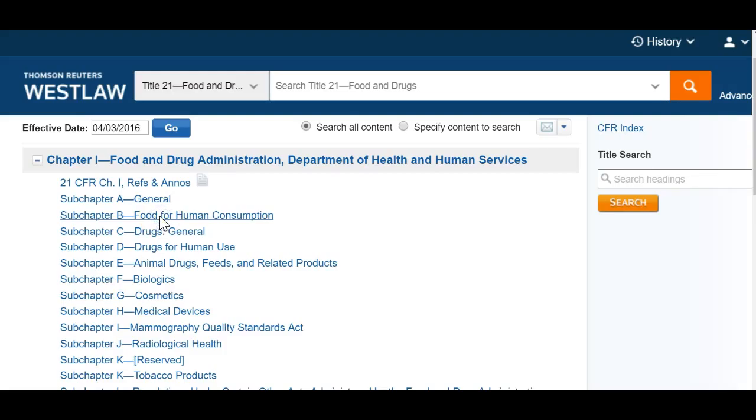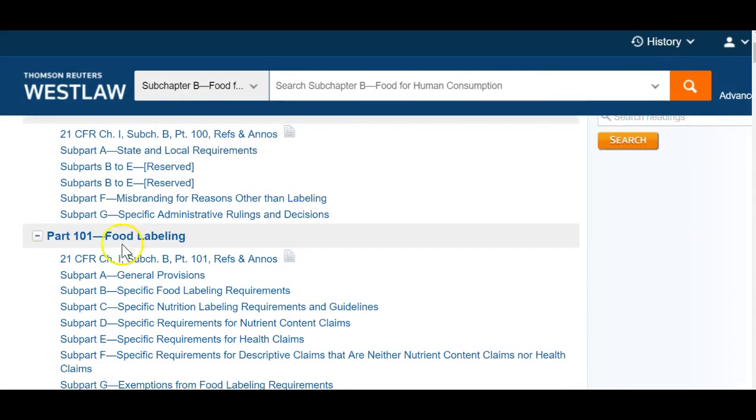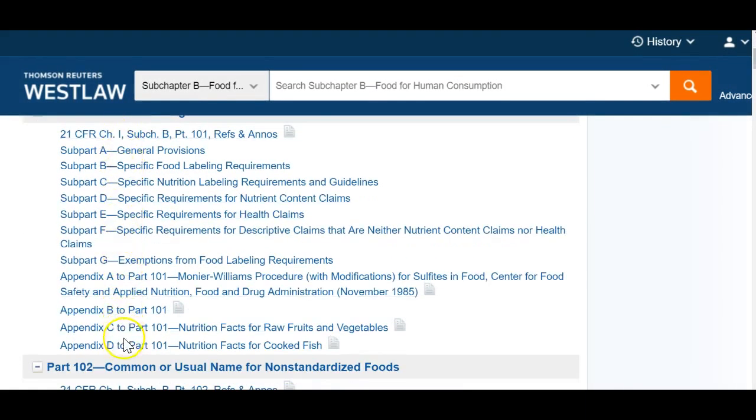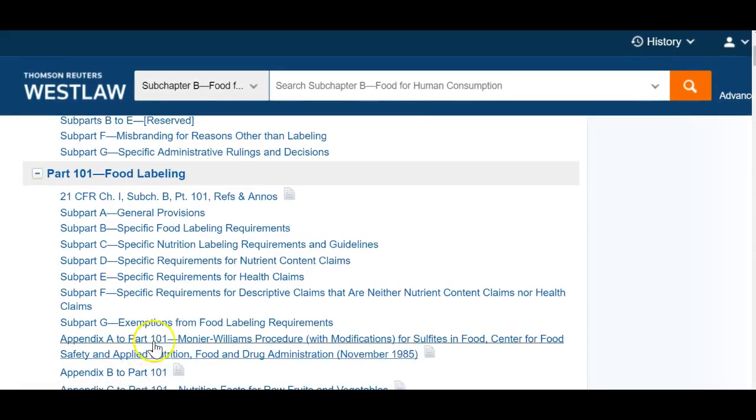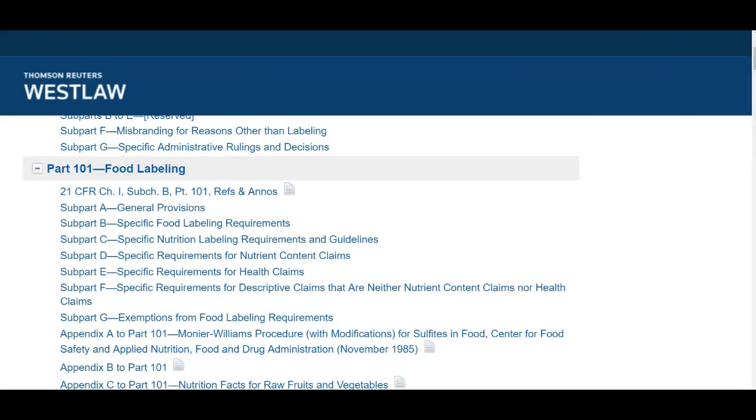I click on Subpart B, and now I would have to browse through the table of contents here and determine which one is relevant to gluten-free. Now, gluten-free is not in any of the section titles here. So if I didn't already know the citation, I would literally click on these different sections and browse through the information that's provided